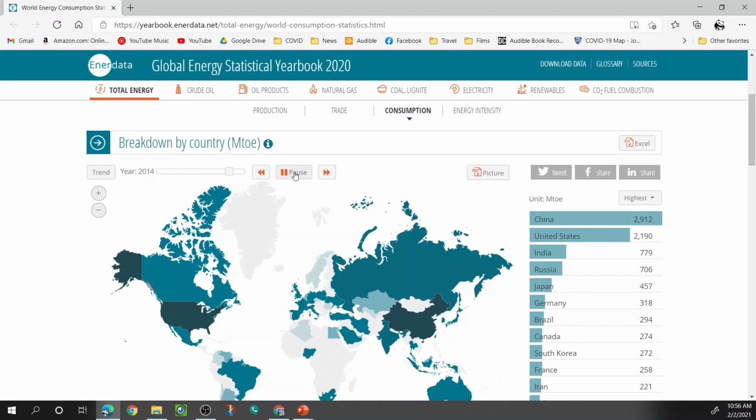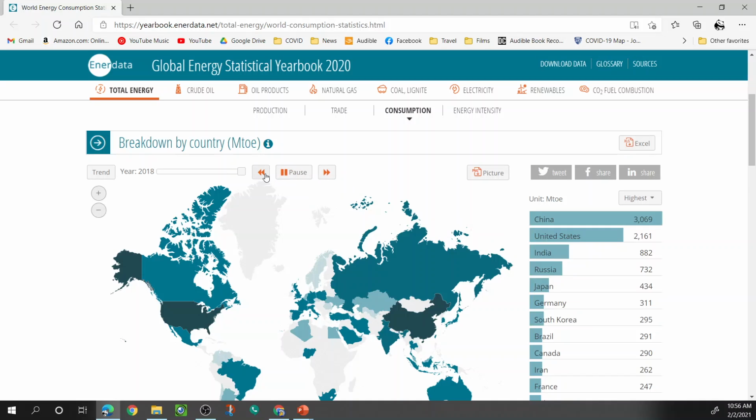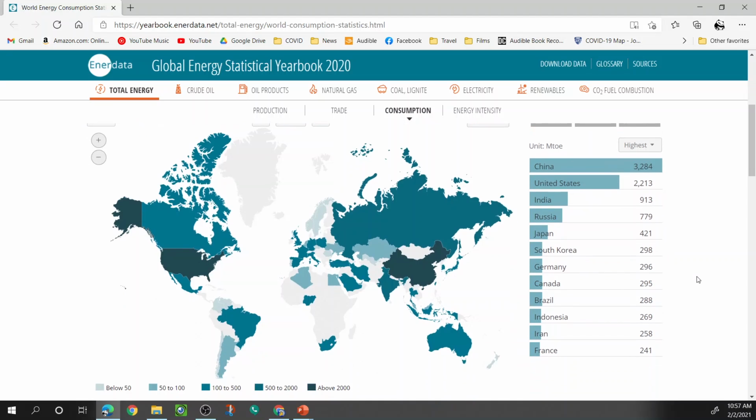Stop here. Nope, keep going. There we go. Yes, I wanted to illustrate the difference between China and the United States now. Okay, let's pause here. All right, 2019. So here's where the state of things is currently. And if the trend continues, where is the growth going to be coming from?